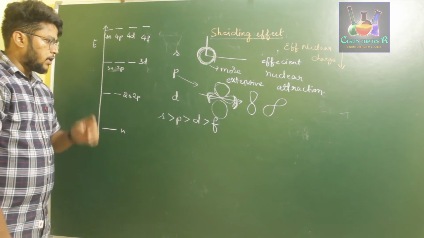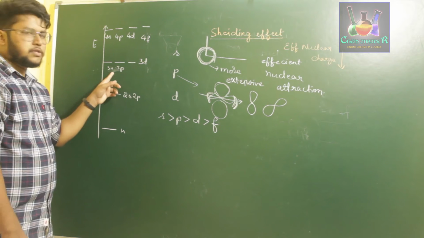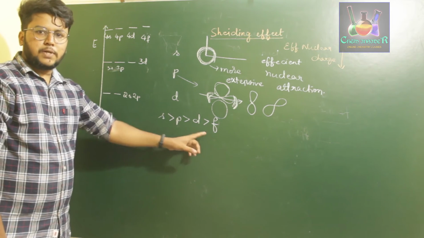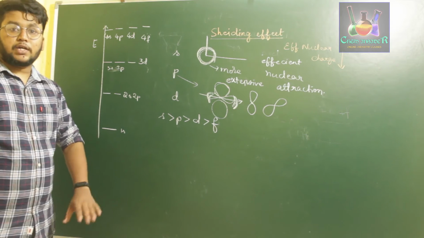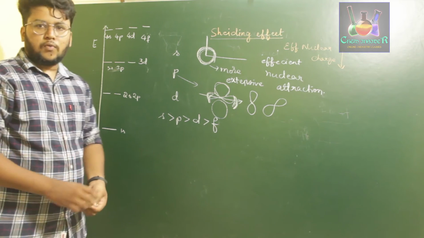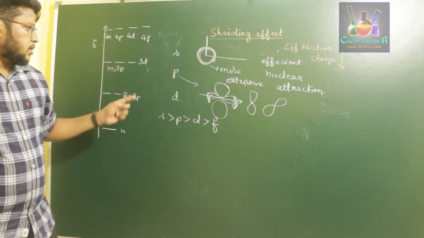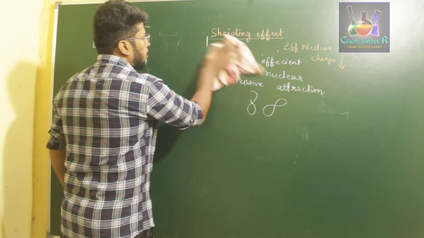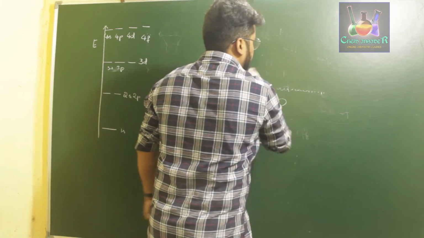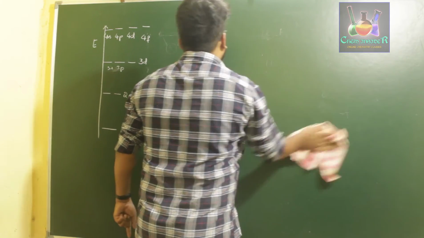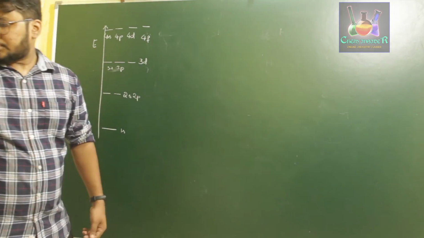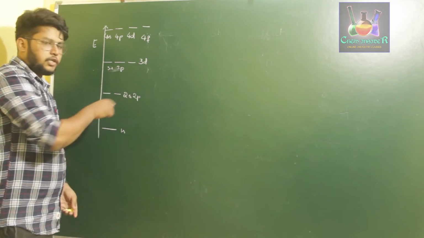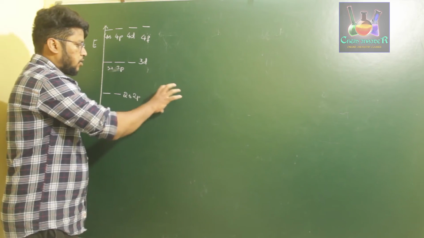So therefore, instead of considering all the orbitals of the same shell as having the same energy, we can clearly say that the subshells present in a shell will have different energy. Now, using the azimuthal quantum number as well as the principal quantum number, we can alter the energy of the orbital. So instead of taking just degenerate orbitals, we can split these orbitals into two.